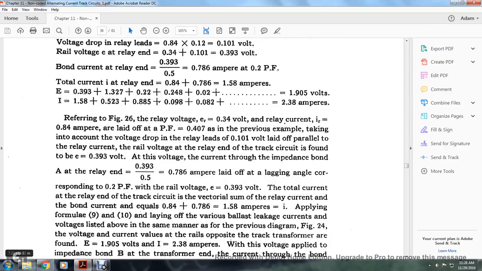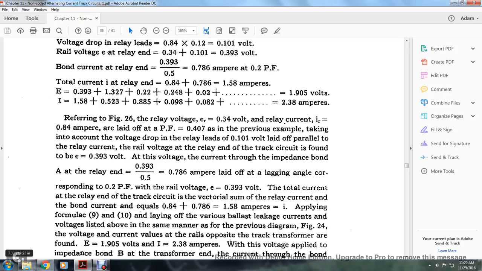Referring to figure 26, the relay voltage ER with the 0 at 3400 for the relay current IR 8400 for the relay at PF 407 thousandths of the previous example, taking into account the voltage drop relays at 101 thousandths volt laid off parallel to the relay current, the relay voltage end of the track circuit is found to be 393 thousandths of a volt. The voltage of the current through the impedance bond at the relay is 393 thousandths of a volt divided by 5 tenths,